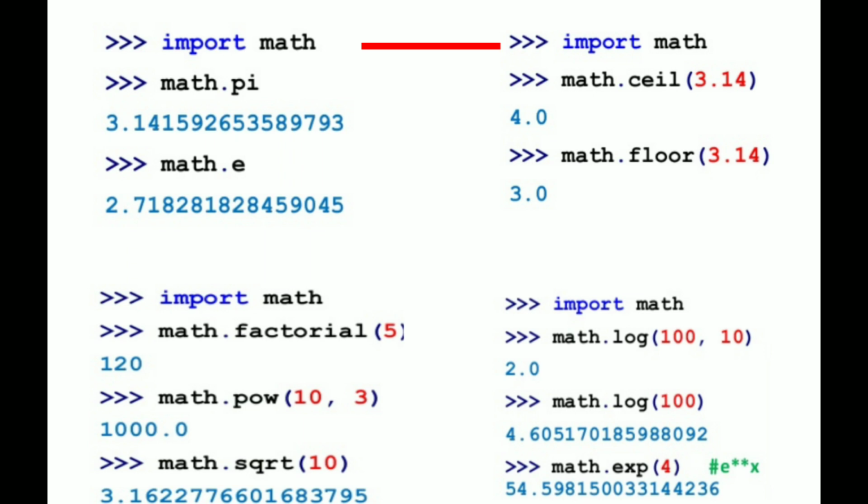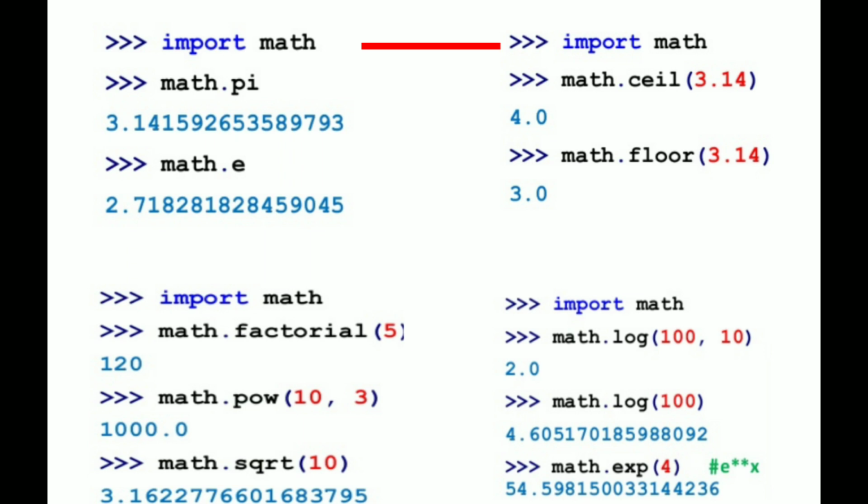Floor means the lowermost value. math.ceil and math.floor. math.e, the exponential value. And math.factorial. math.factorial of 5 is 120.